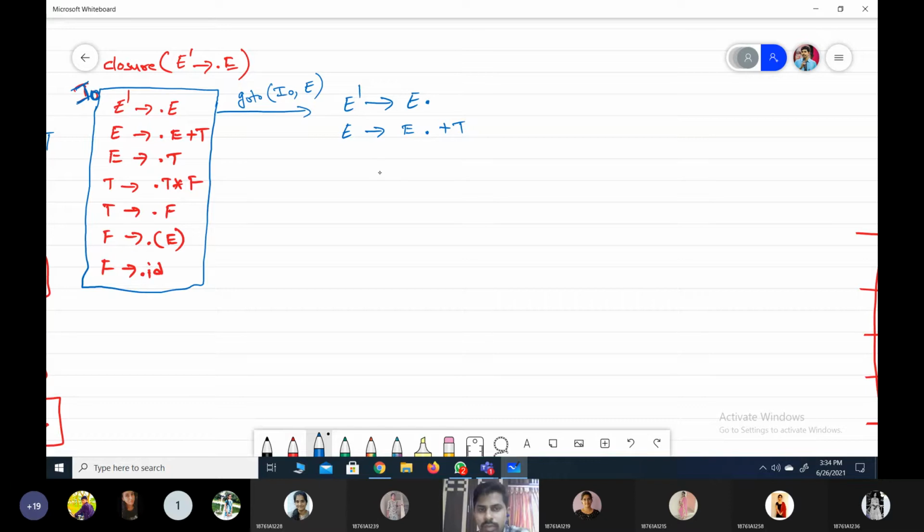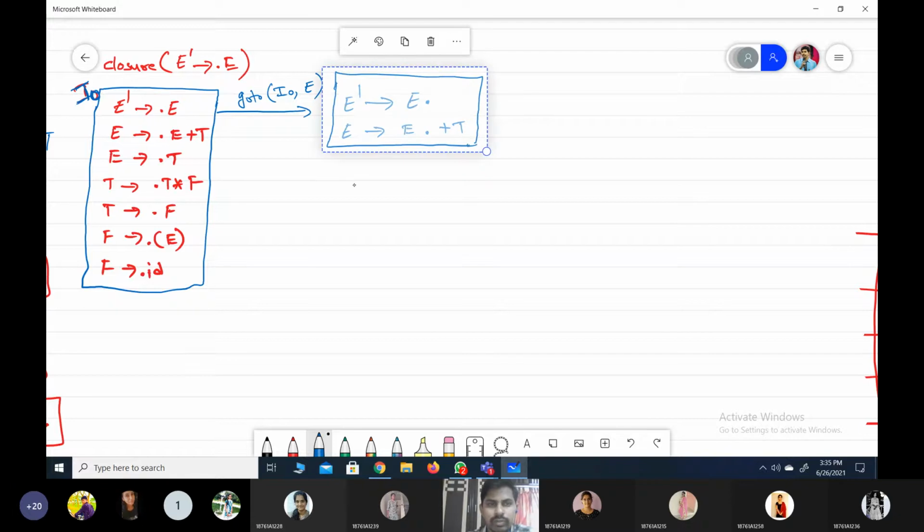After the dot, is there any non-terminal that we have identified here? No, we don't have any non-terminal. If it is a non-terminal, then add the non-terminal replaceable productions from the augmented grammar. So actually we don't have that. And cross-check whether this item set matches any one of the item sets. Already we have only one item set, and it is not matched with that one. Simply I would like to rename that state as I1. This is item set I1.